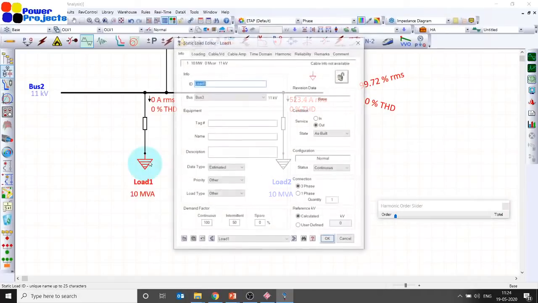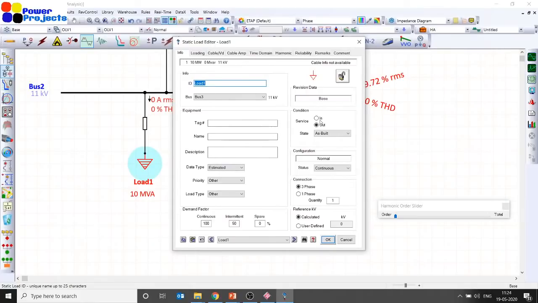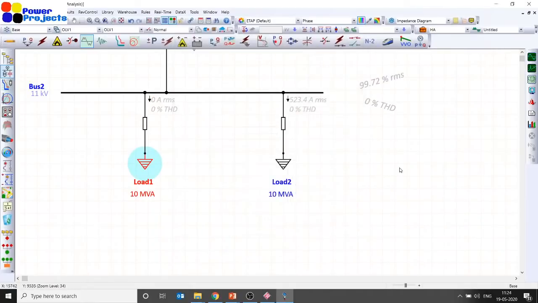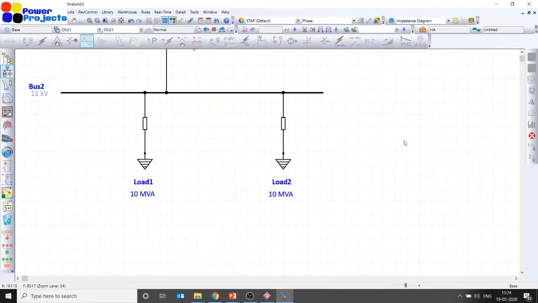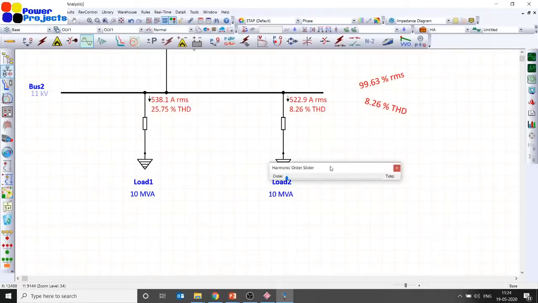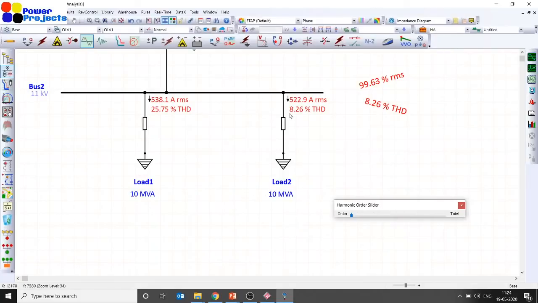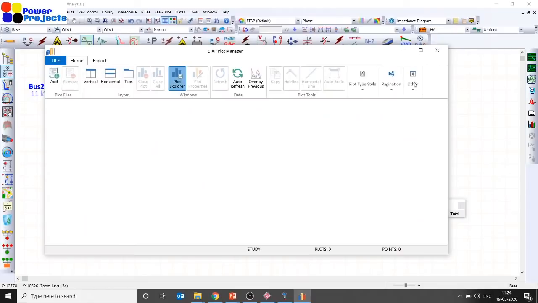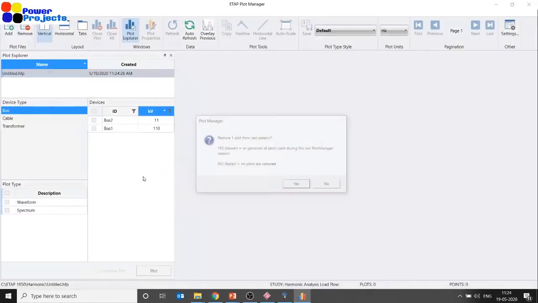But as soon as there is another non-linear load added in parallel with this load, then, this load is still a linear load, no doubt about that. But this linear load draws a current which has the same wave shape as the voltage. Unfortunately, this voltage is not purely sinusoidal. If you look at the bus 2 voltage, it is not sinusoidal, and hence the current drawn by the load 2 also becomes non-sinusoidal. That results in some harmonic currents.